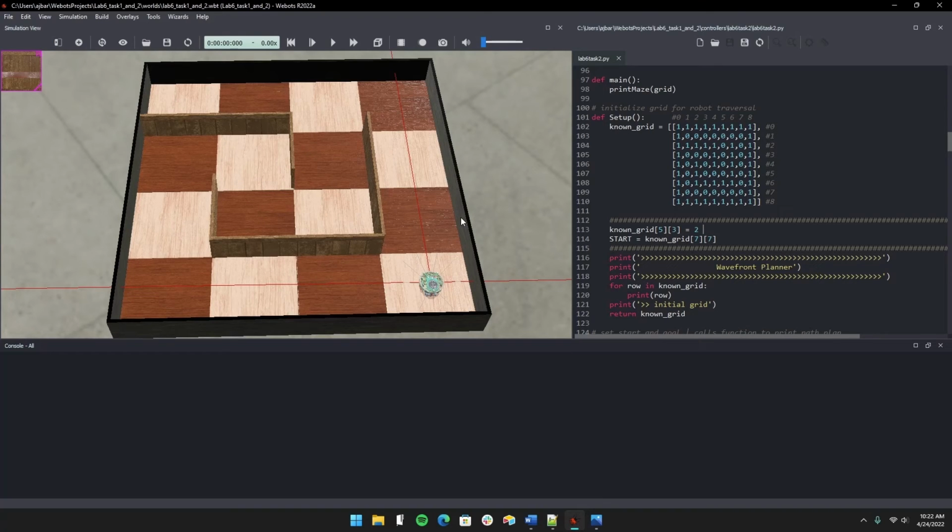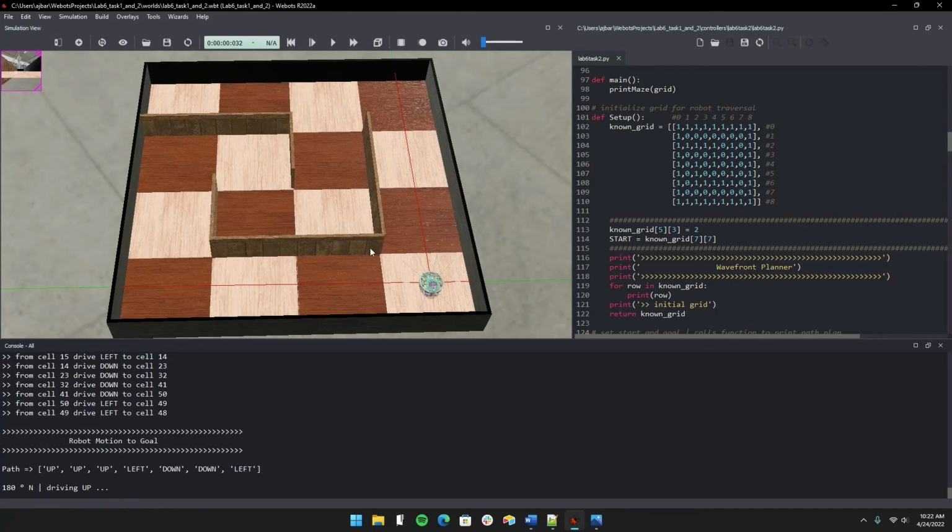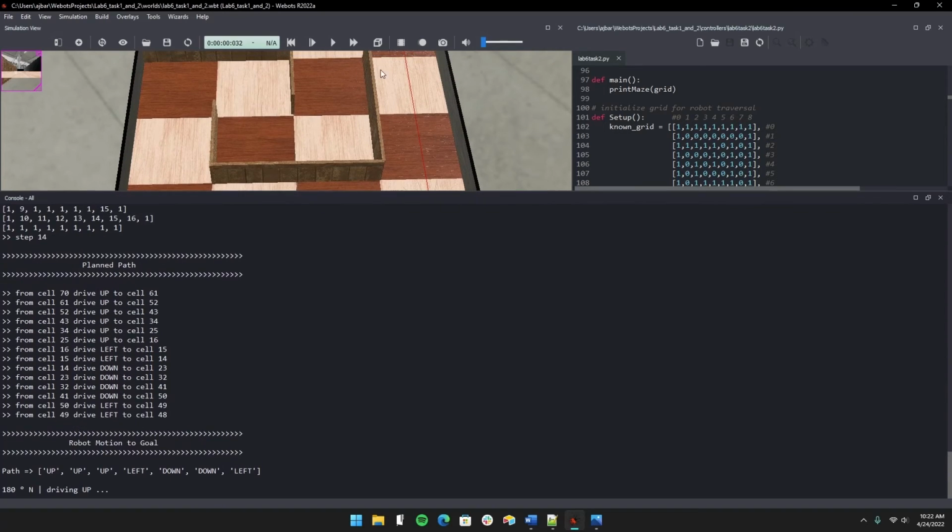In this first test, our starting cell is going to be here at 16, and the goal cell is going to be 10. But rather than run the whole full path just yet, I will show you the very first steps the robot takes, because that's where the wavefront planner does all its calculations for the shortest path that it thinks we should take. So if we scroll up to the top here,